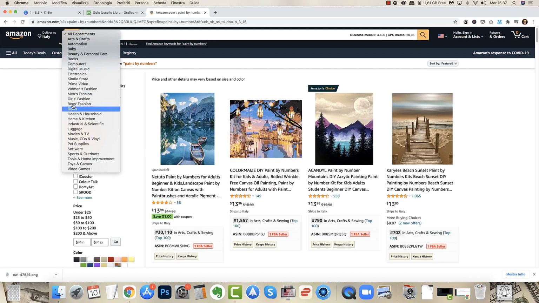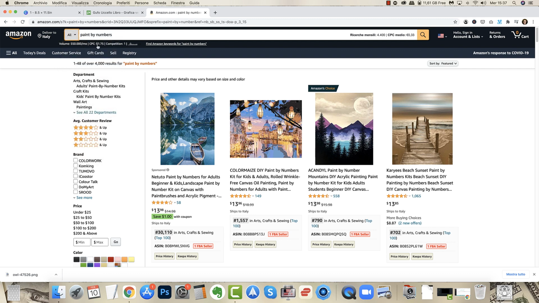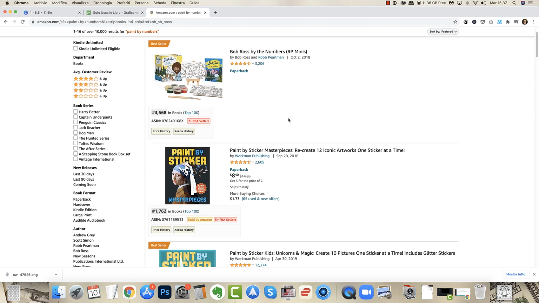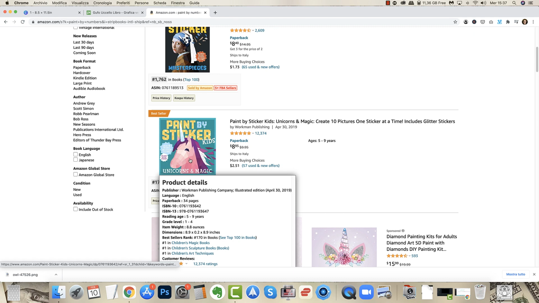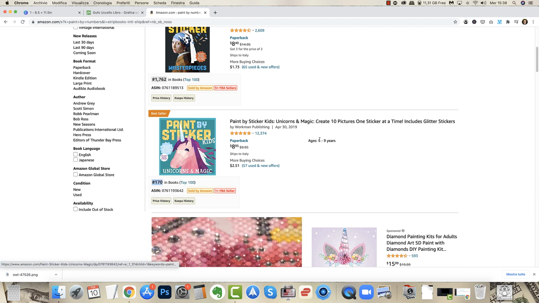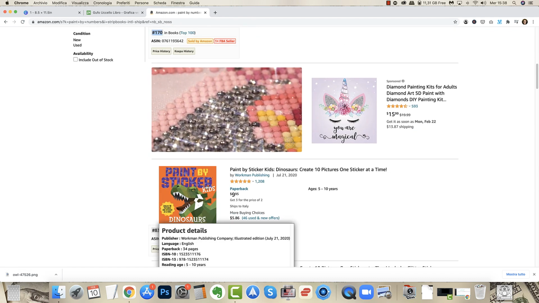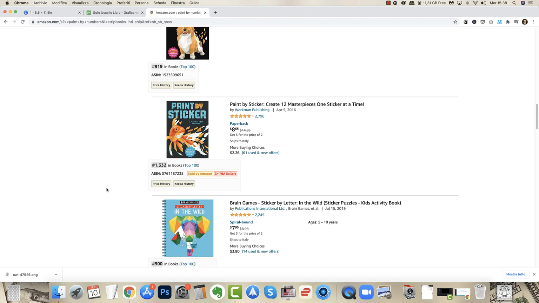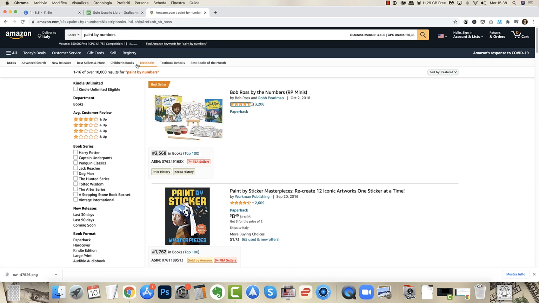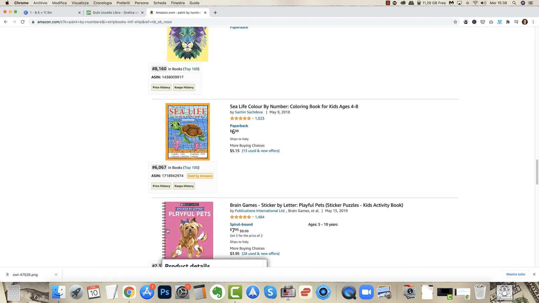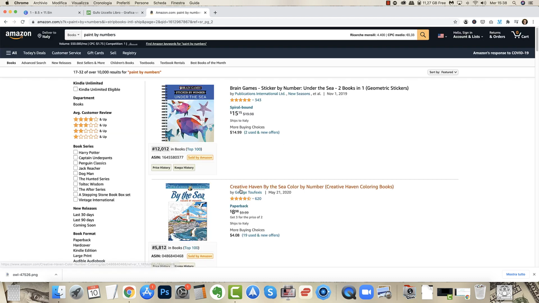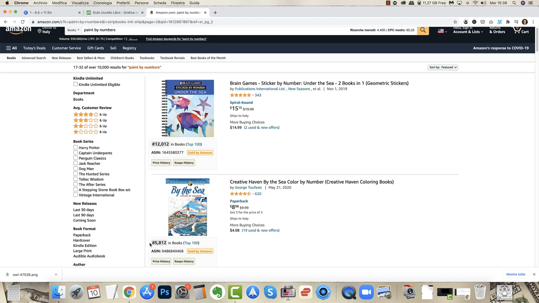Okay, I have to go under books, obviously, because these are diamond paintings and they are not good. I apologize. Okay, there's different stuff. This is one. As you can see, all the numbers here, the ABSR, are very low for this type of book, because you see, paint by sticker, it's not the case. I searched paint by numbers or by stickers, I don't know. Anyway, the paint by numbers there are, and are all in a good way,